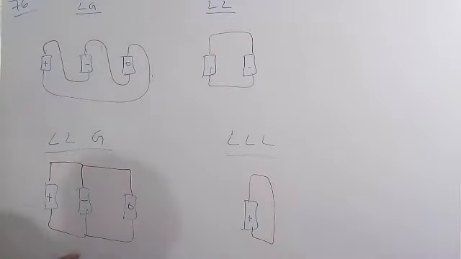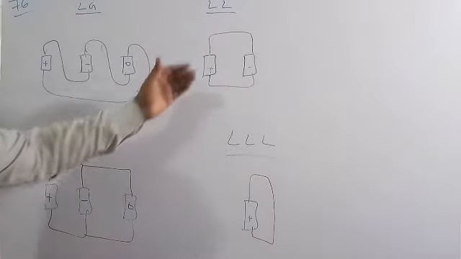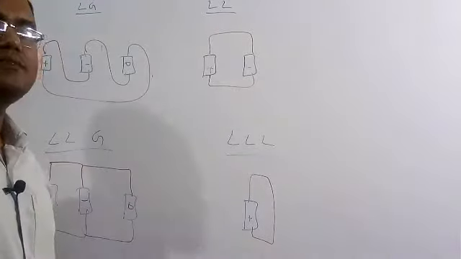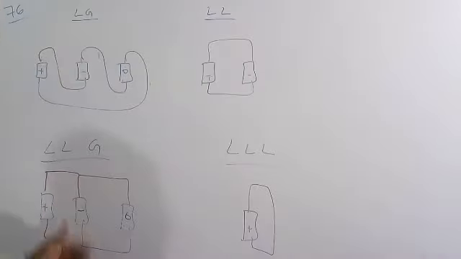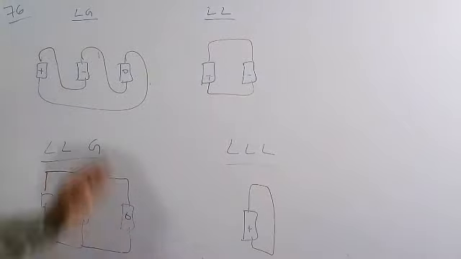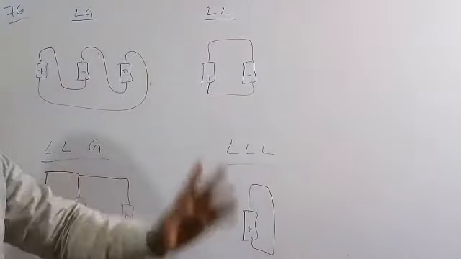So in the question they asked which faults have all the sequence networks. If you see carefully, LG and LLG faults have all the sequence networks, but for LL there is only positive and negative sequence, and for triple L only positive, and the remaining two are absent. So out of the options we can conclude that only the LG fault and the LLG fault have all the sequence networks, but not the other faults.